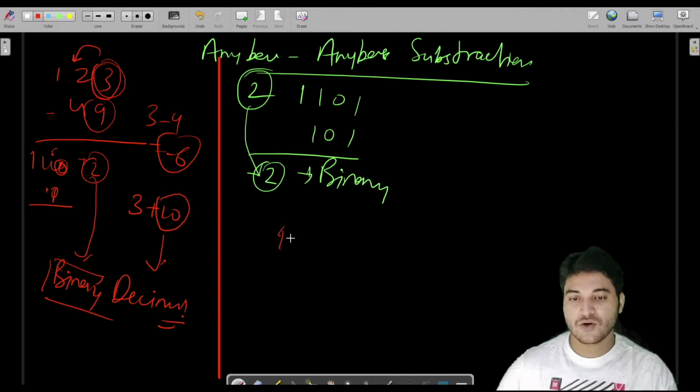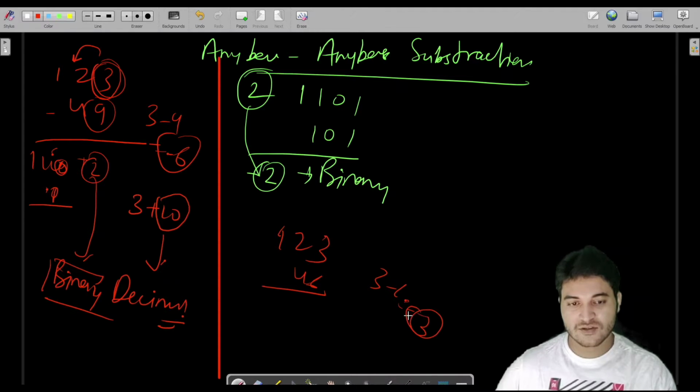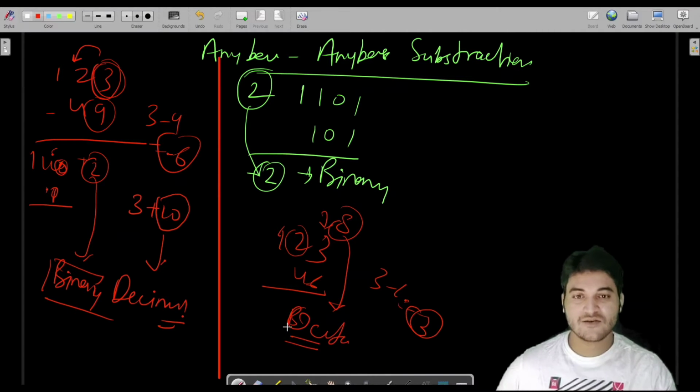Let us say we have to subtract two octal numbers 4, 6. These are the octal numbers. So 3 minus 6 is minus 3. So the difference is negative. Now what we have to do, we have to add 8 into this number, because we have to take one borrow from here. Now we have to add 8. Why 8? Because 8 is the base for octal numbers. So that is the only logic.